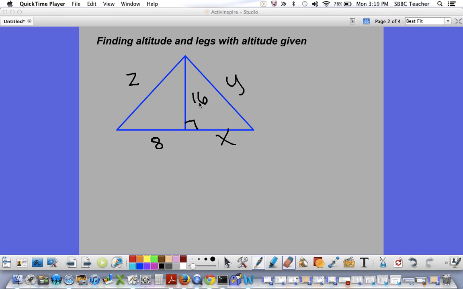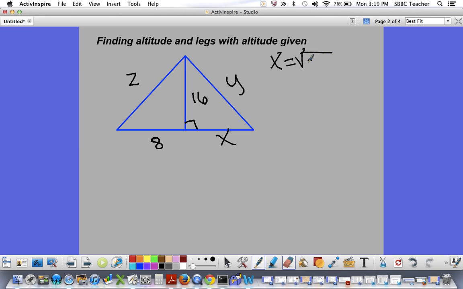Given. In this case, the altitude is already given at 16, so we're not trying to look for the altitude. However, we know that the formula to find altitude is always x equals square root of a times b. A and b are the parts of the base. We can call this part A, and this part of the base is b. So when you multiply the two parts of the base and take the square root of that product, you get